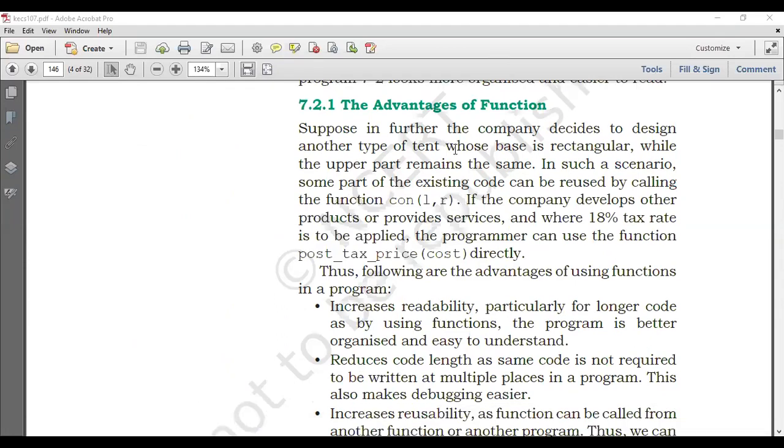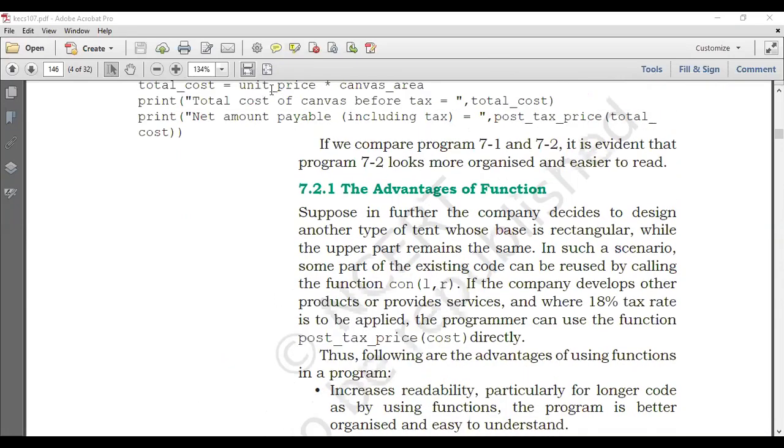Now suppose we're taking the same tent example and this company has decided to design another type of tent whose base is rectangular while the upper part also remains the same. The base is rectangular, it's not cylindrical, but the upper part remains the same. In such a scenario, some functions of the existing code can be reused by calling the function, a function call. So now you always say, ma'am, we can always copy paste it. Yes, you can copy paste it, but it will give rise to a different set of